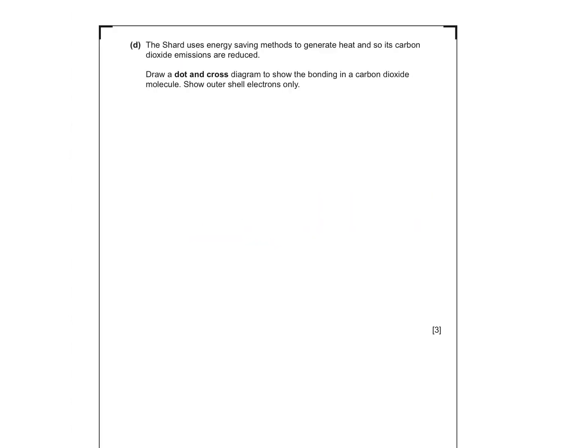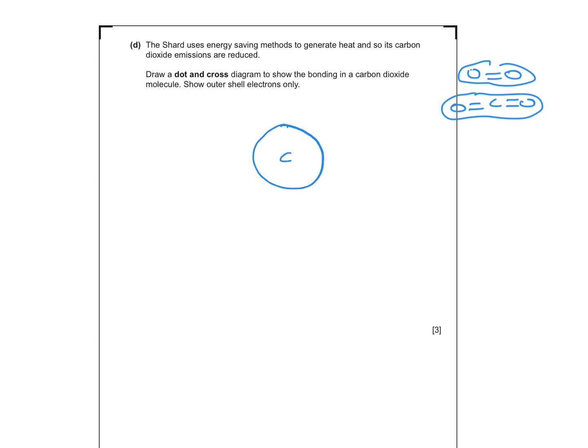For part D now, we have to draw a dot and cross diagram to represent carbon dioxide. You should remember that there are 2 simple covalent molecules that contain double covalent bonds. One is oxygen and one is carbon dioxide. So both of these are simple covalent molecules, just made up of a group of atoms. These can exist then as individual molecules. So I'm going to draw the outer shell for carbon, and we only draw outer shell electrons when representing covalent bonds. So that's going to be the carbon,